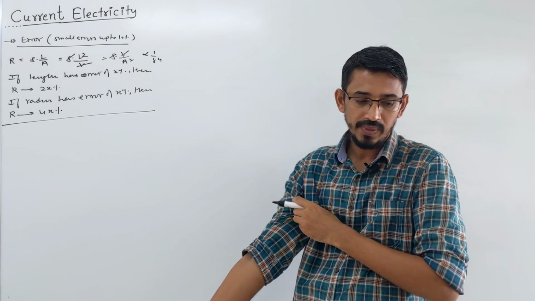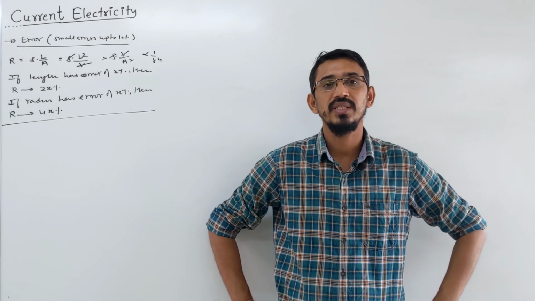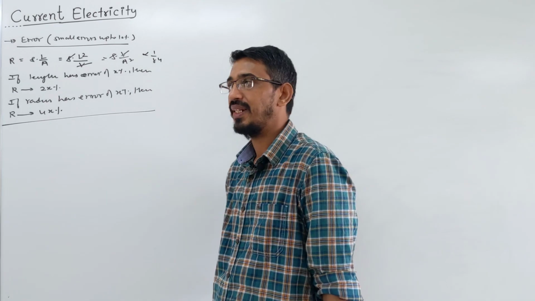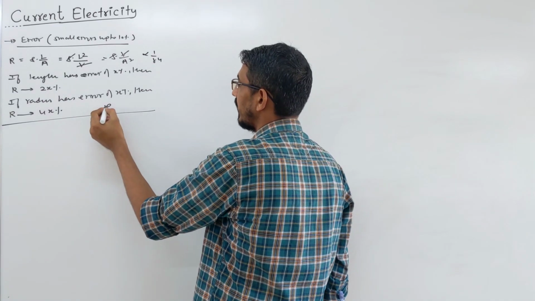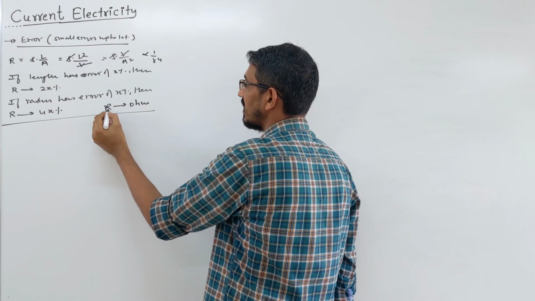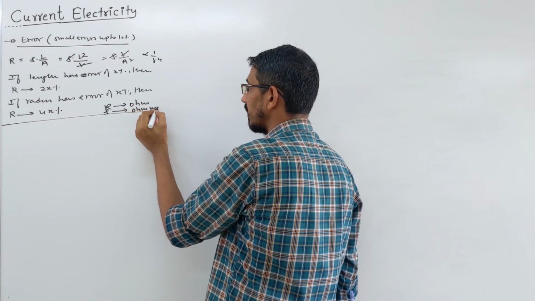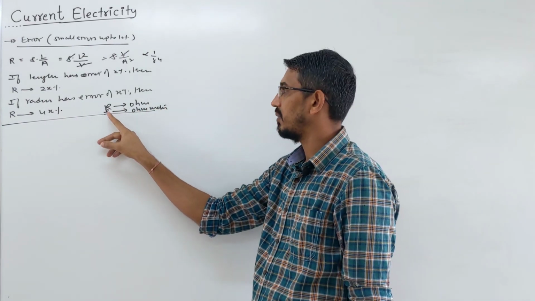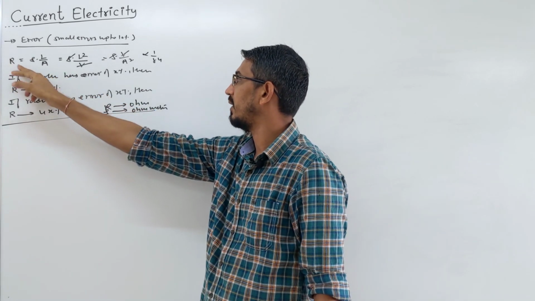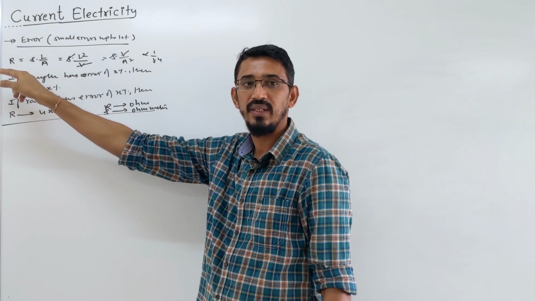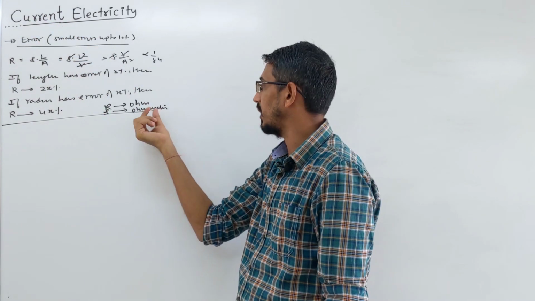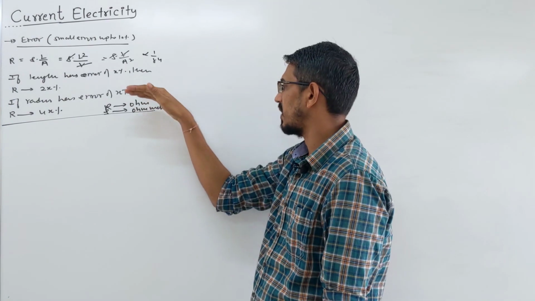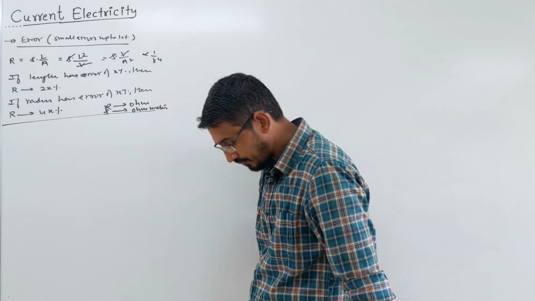Now we'll talk about temperature effect on resistance and resistivity. A small thing I forgot to tell you, the resistance unit everybody knows is ohm only. Resistivity is what? Ohm meter. How does it come? You can see from the resistance formula, rho is resistance into area by length. Area means meter square by meter, that becomes meter. So ohm meter. And if you want to write conductivity, which is the opposite of resistivity, you can just write 1 by ohm meter.